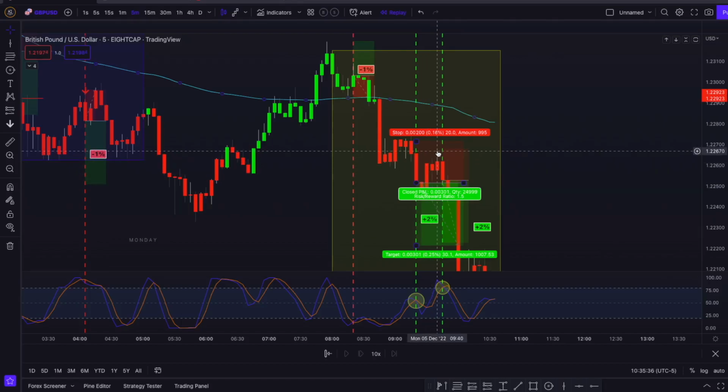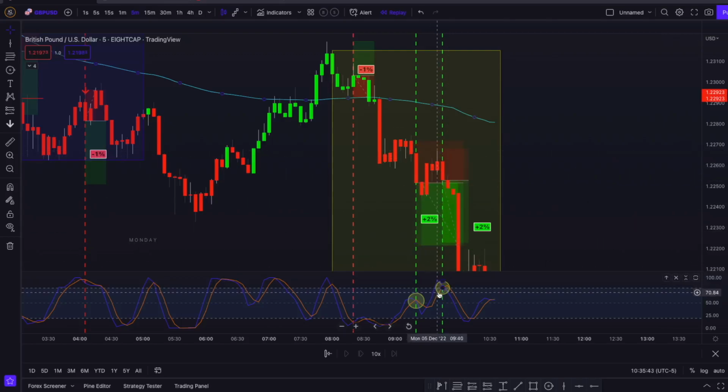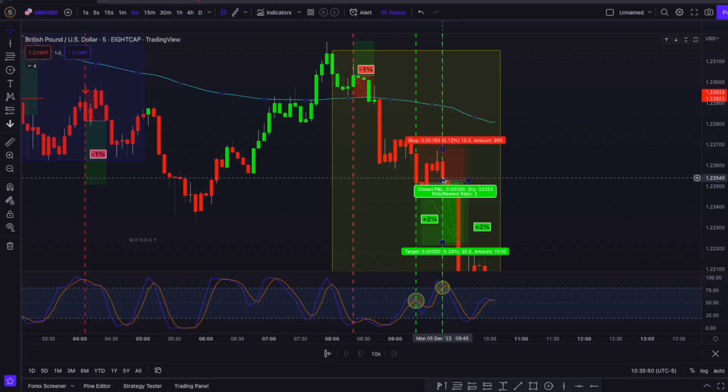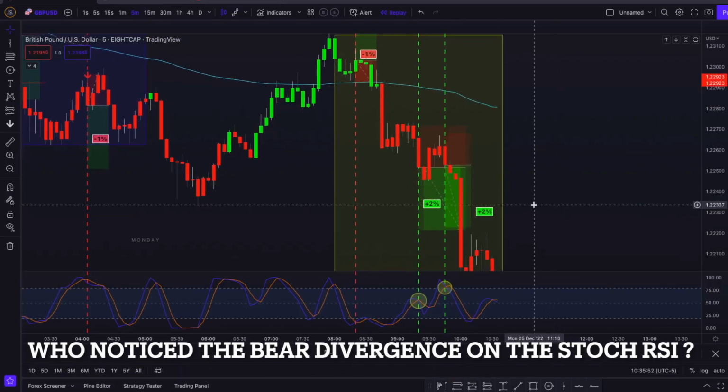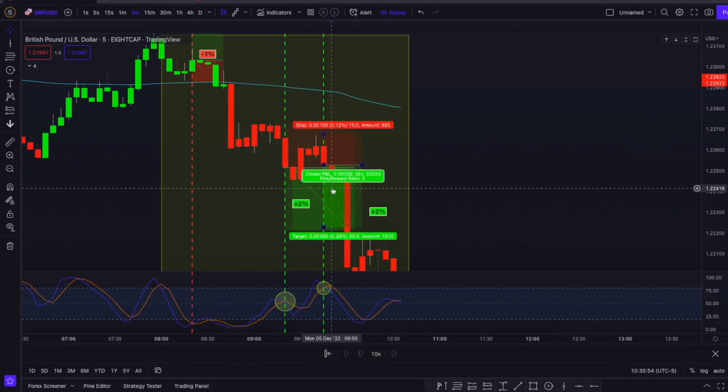But I did not close the trade. I stick to the plan, I stick to the strategy. Shortly afterwards we got an even better stochastic RSI bearish crossover above the 80 level, and I entered again on this bearish engulfing candlestick. I backtested the strategy without taking trades within trades,